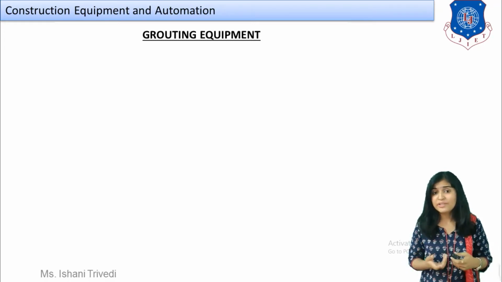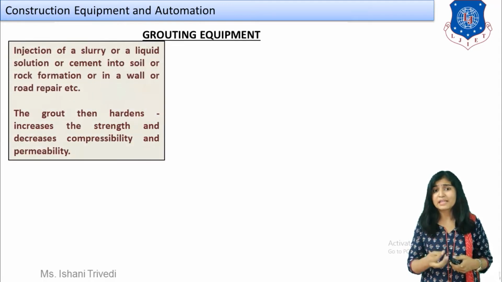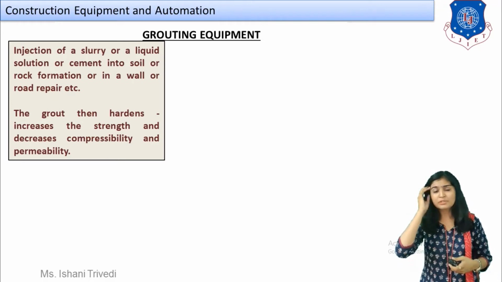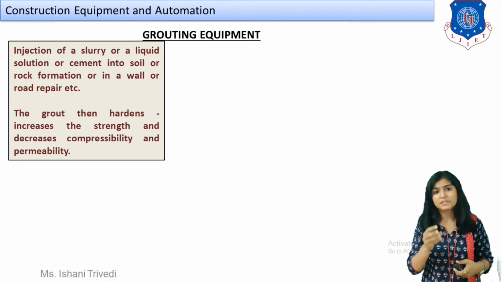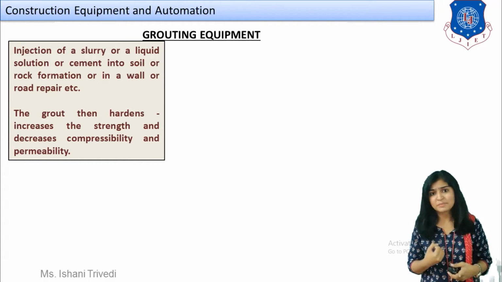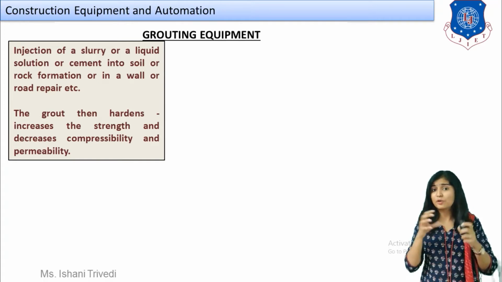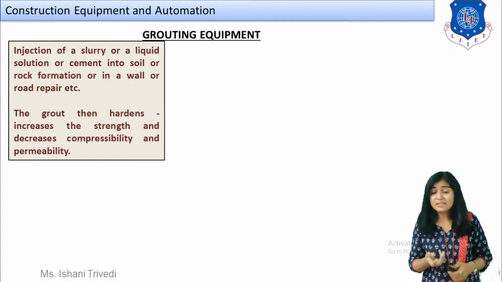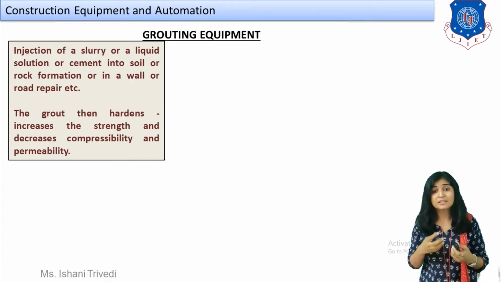But today we are going to talk about the specific type of machine which is going to perform the grouting process, right? It is important for us to know what the machine actually is, what its basic parts are, what the sequence of its working is, and how this type of repairing process is done with the help of the grouting equipment. So it says that injection of a slurry or a liquid, as I said, can be a cement slurry, a repairing material, a combination of materials, or chemicals as well, because we have a process called chemical grouting as well.